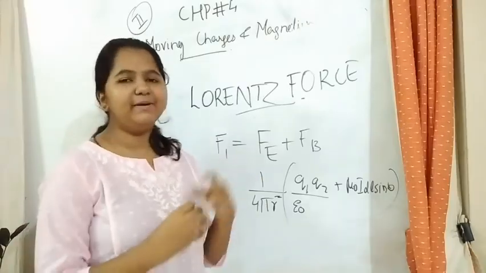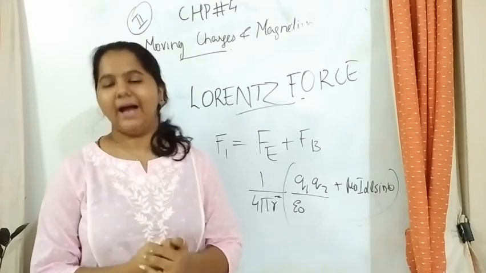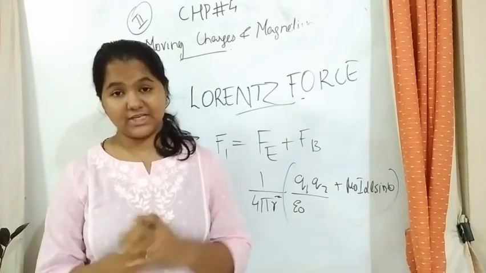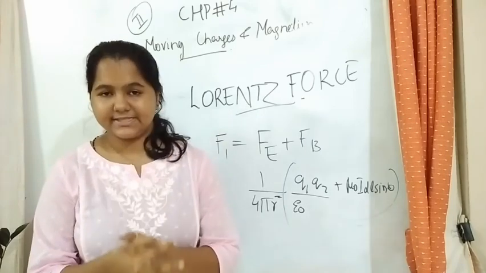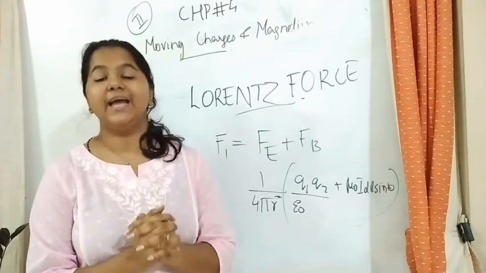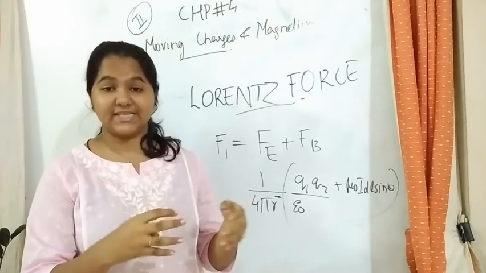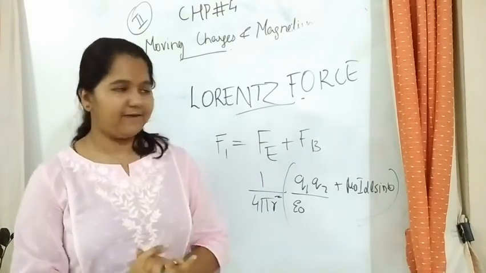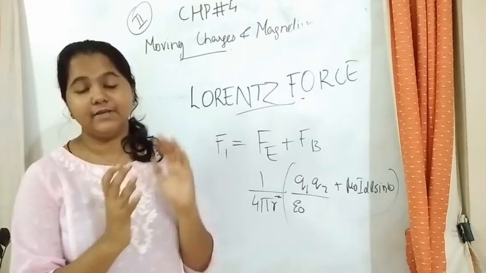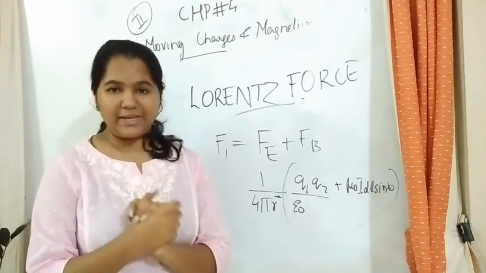So, we've learned about Lorentz force, electric force and magnetic force. We have a lot more to learn. There is the toroid, we have cyclotron, etc. From this chapter, we don't have cyclotron for the upcoming board exam. For the 2021 batch of 12th students, CBSE doesn't have the cyclotron to be learned.